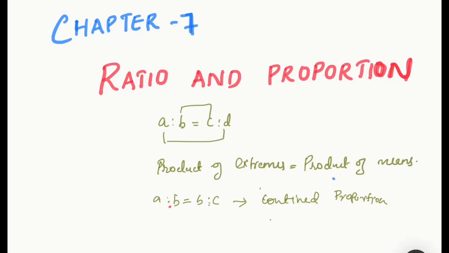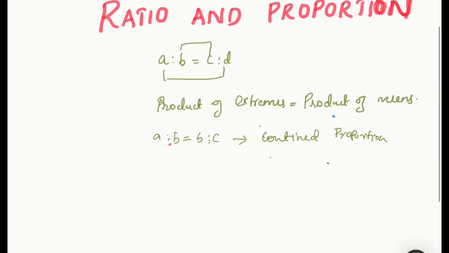Now let us go through exercise 7b. Okay, let us do a few problems from exercise 7b. You don't have to worry about exercise 7a. It is the basics given to you about ratio, because in order to study proportion you need to know about ratio, but that is not included in your syllabus. So for your reference you can go through exercise 7a. Okay, now from exercise 7b let me do the first question.